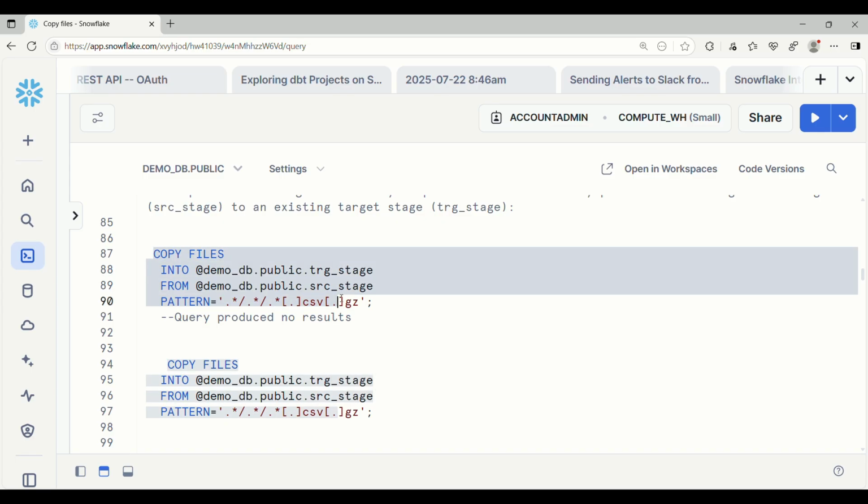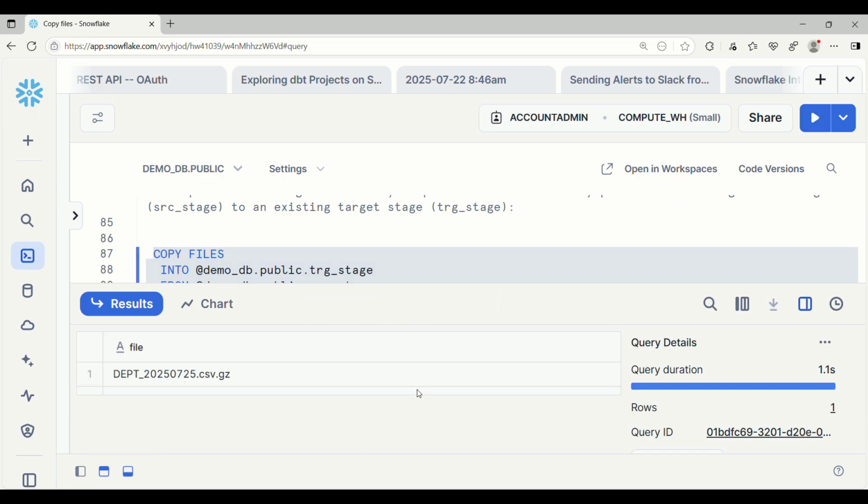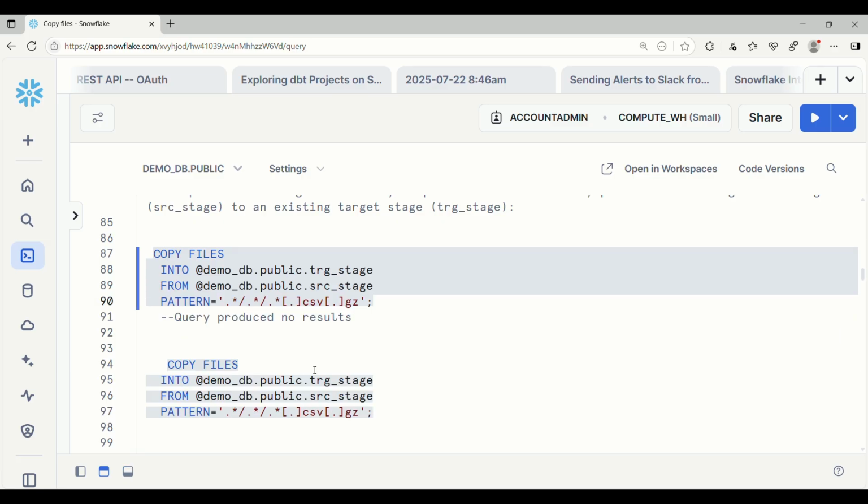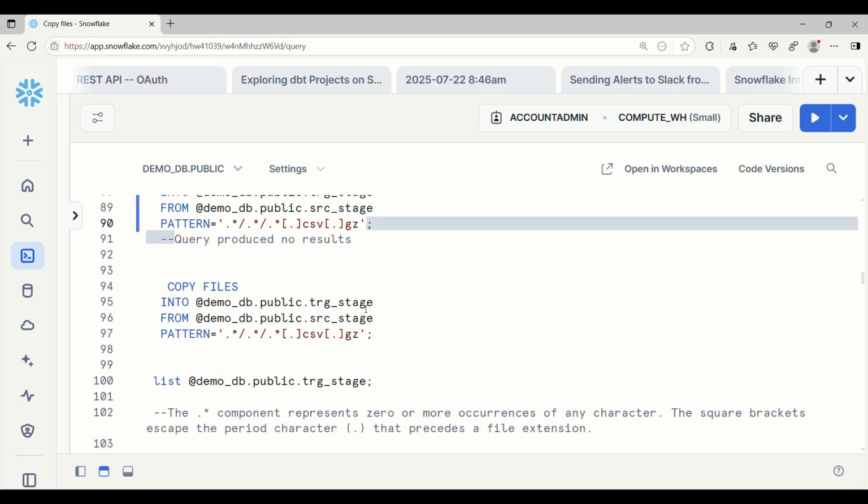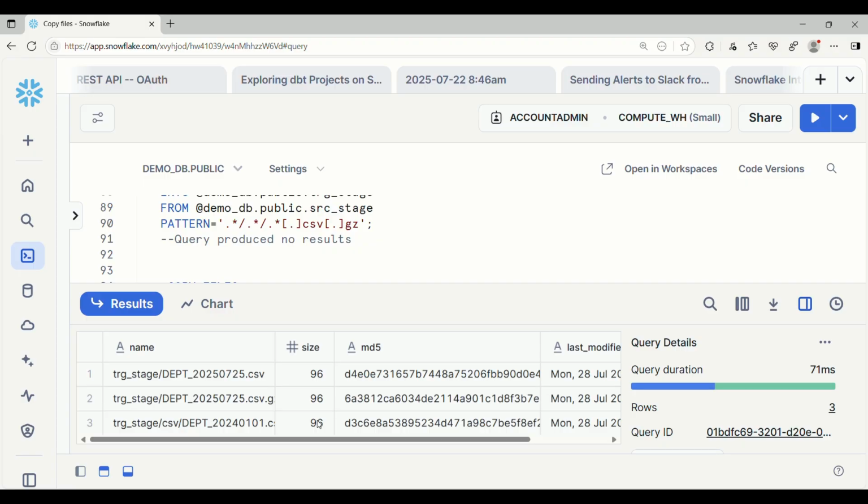If you don't have anything, then we'll get 0. Now we have a file. I mean, both are the same. Dept, only one file copied. So without the file, if you run it, then we will see the query produced. Now let me list this from the target. Okay, we have a